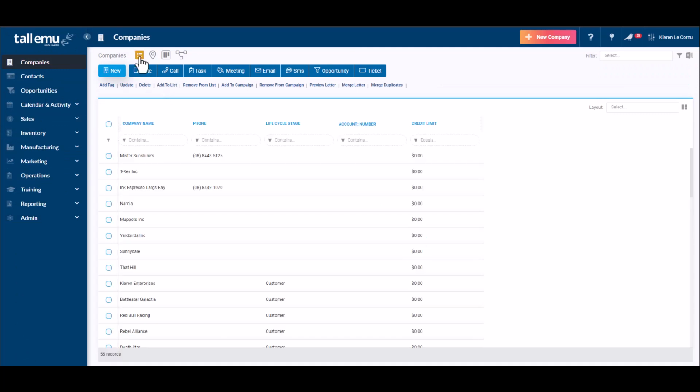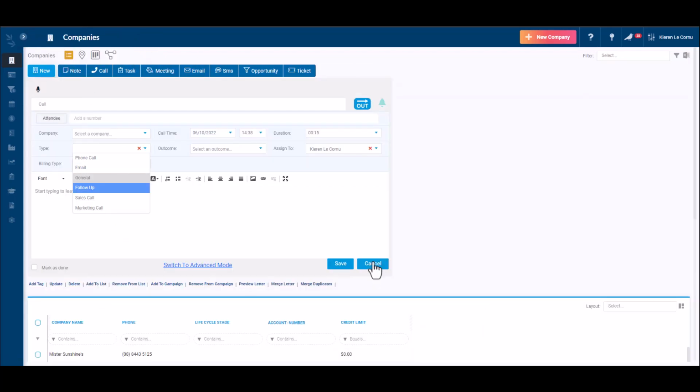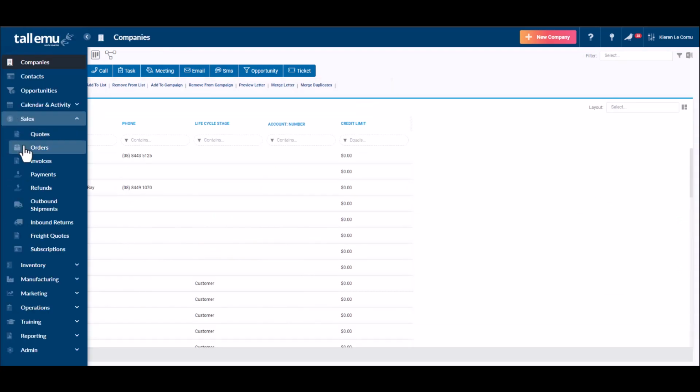The first is using different view options. Across the top of the screen here, we've got different icons for different view selectors. Depending on where you are in CRM, these icons are going to be slightly different. In companies, I've got list view, map view, Kanban view, and also a merge duplicates view. If we jump to a different area of the system and I come into sales and have a look at orders,